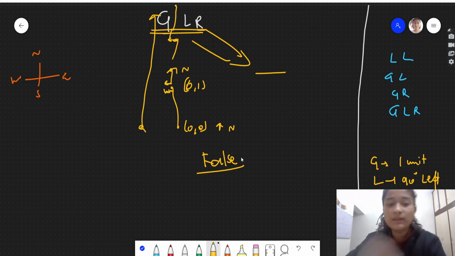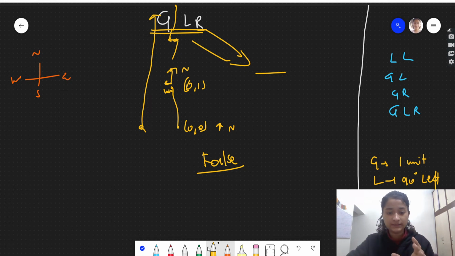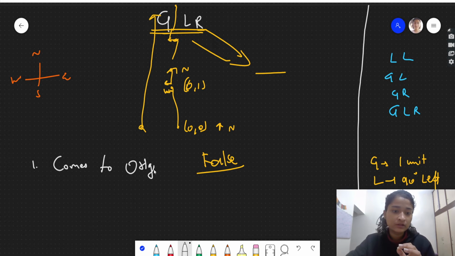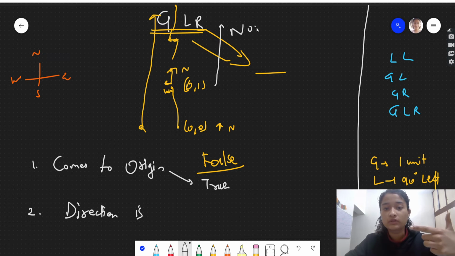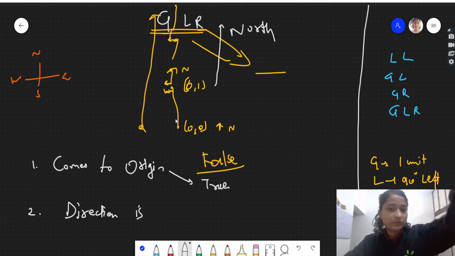So you might have noticed a pattern from these test cases. If the robot comes to origin, the answer will be true because it's moving in a circle. Or if the direction is always north, like in this test case the final direction of the robot was north, hence obviously it will move away from the origin.